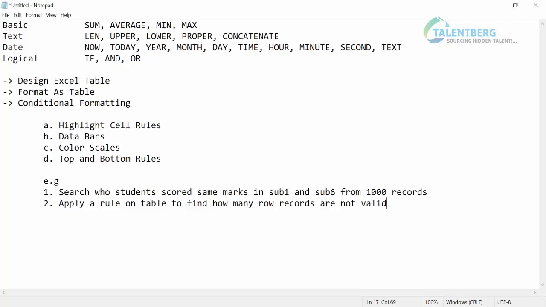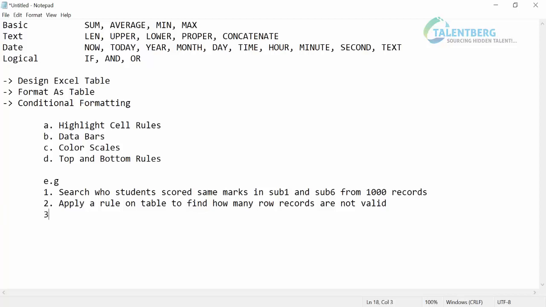Sometimes it happens that during entry of any record in an Excel table, the user may enter some wrong values, like an email address wrong, mobile number wrong, maybe PAN card number wrong, date of birth wrong. So that also we can easily identify with the help of conditional formatting. If the user enters something wrong, easily the Excel table will highlight that you are going to enter a duplicate record, or this entry is wrong, the mobile number is not valid. So this also we can check with conditional formatting.